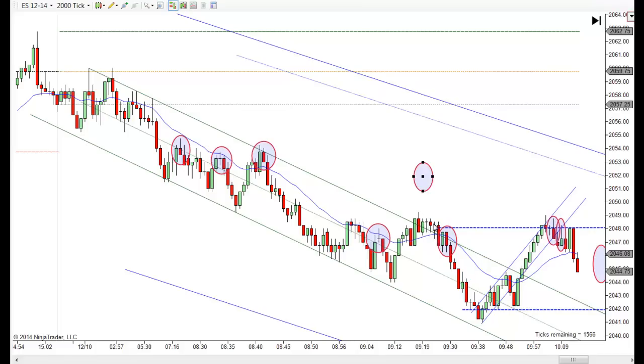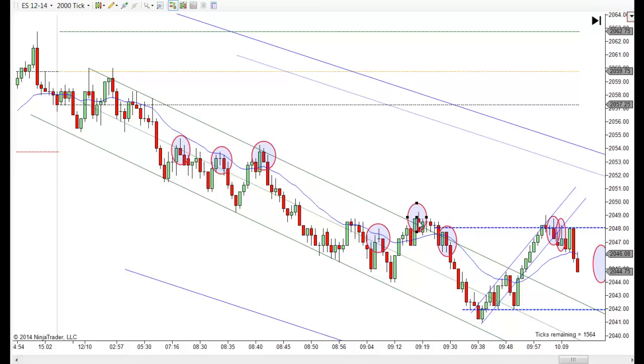But notice it does start making some lower highs here. That's a little bit of a clue. And this is a little trading range. It breaks out, pulls back. It's like a little breakout pullback short. But then you get the bigger double bottom and it breaks out and pulls back. So I liked going short right there.